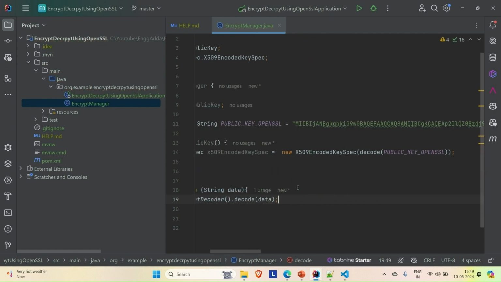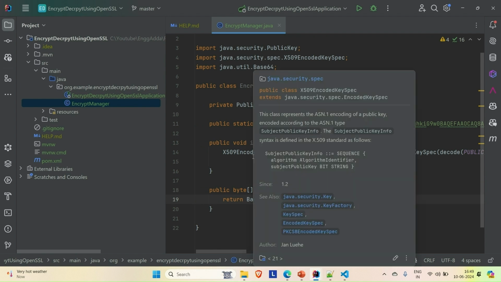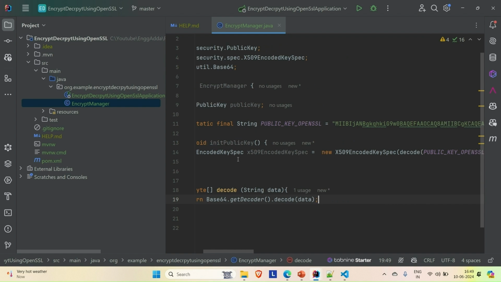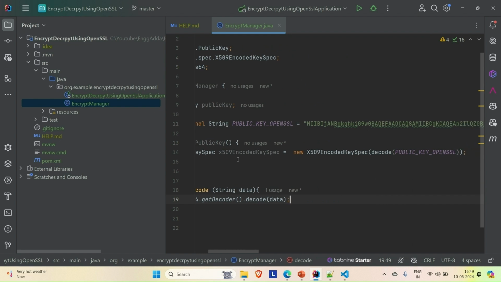So what we are doing is we are creating the object of X509EncodedKeySpec, and inside that we are calling the decode method. Inside the decode we are passing this string. So this will decode it out and then pass it in the